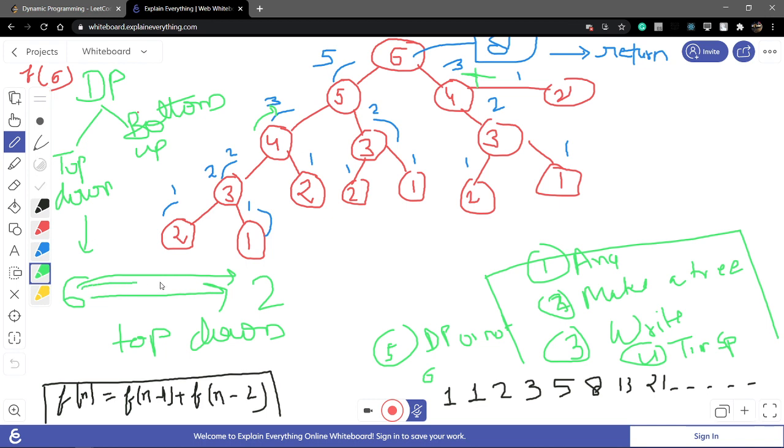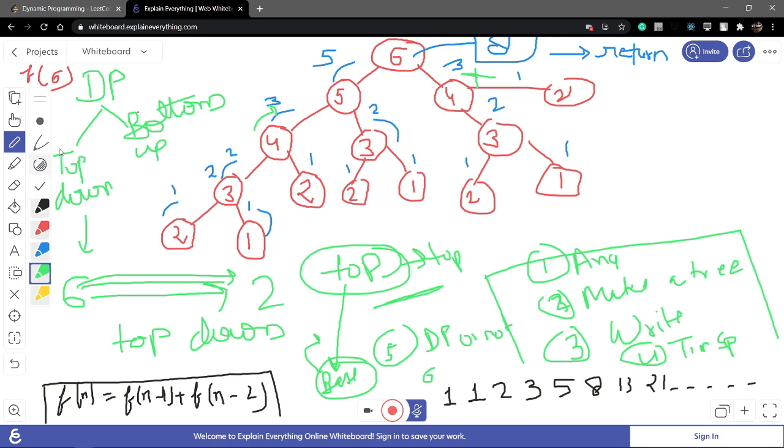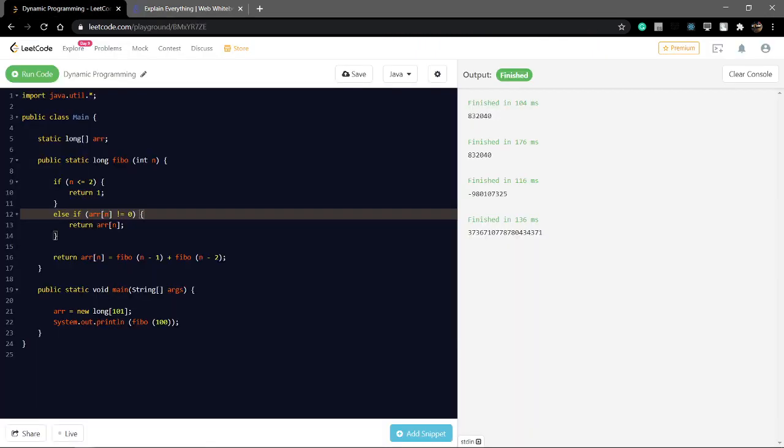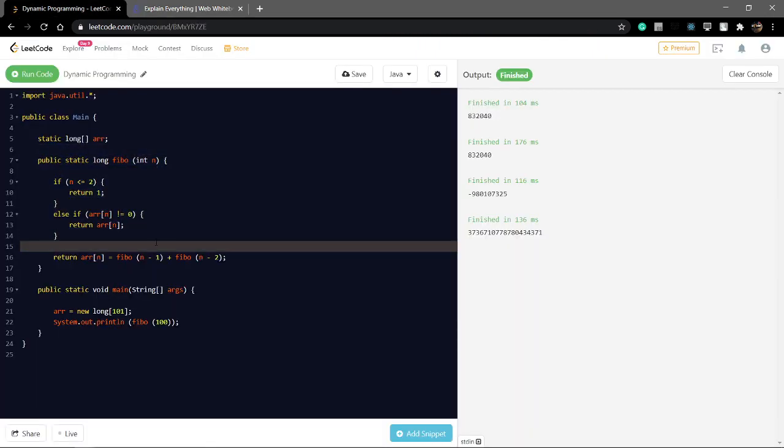So I am going down. For finding the top value I have to go down to the base condition. After the base condition, I retrieve the computation from the top. So this way is the top down approach. Now this logic comes under the top down approach.